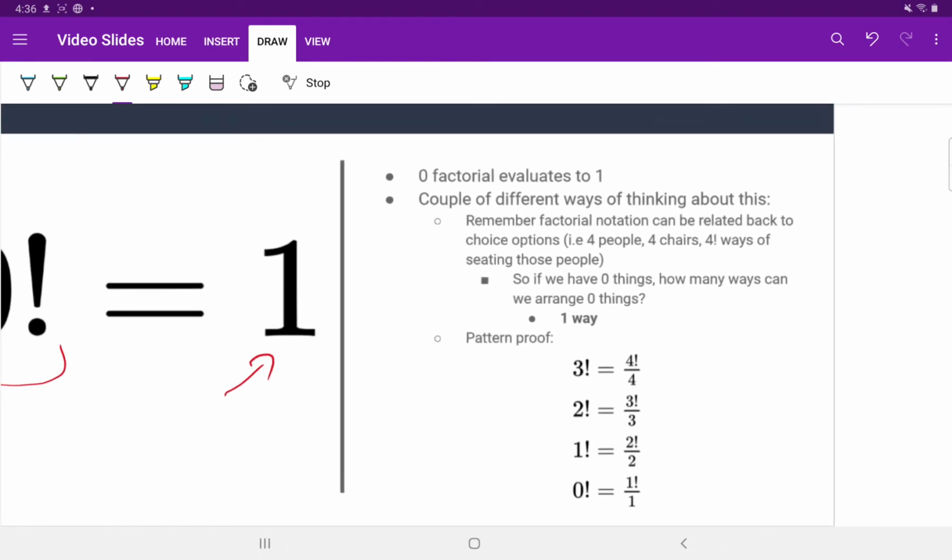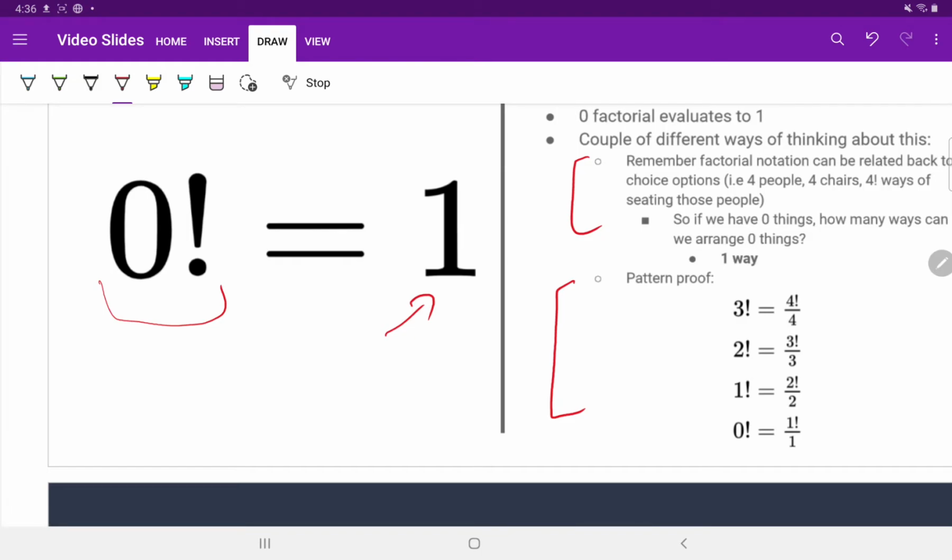But if you're looking for an explanation for it, I have 2 different ways of explaining it. The first one harkens back to the idea that whenever we're using a factorial, we're figuring out how many different ways to arrange a set. So for instance, if I have 4 people seated at a table, or 4 people lining up to take a picture, how many ways can I arrange them? Well, it's 4 factorial because it's going to be 4 times 3 times 2 times 1,